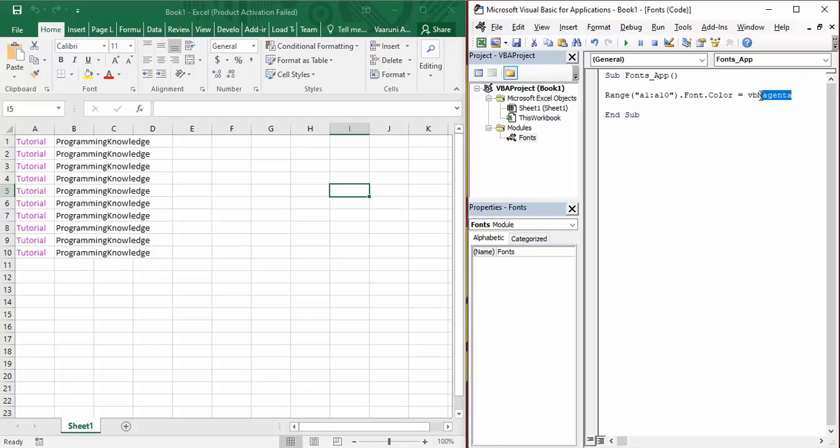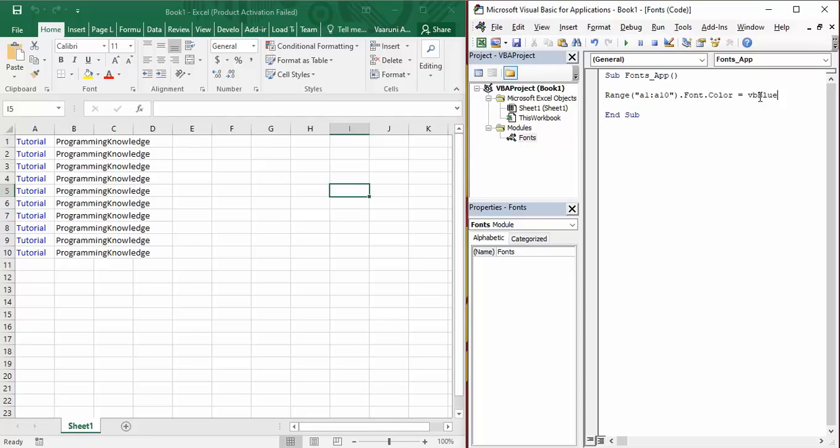Now if you want to change it to something else, say cyan, you can simply write cyan like this, and again you've got to execute it and its color changes to cyan. Similarly, if you want it to be blue, you can change its color to VB blue, and you can press F5 so that its color changes to blue. So this is one method how you can change the color of the given text.